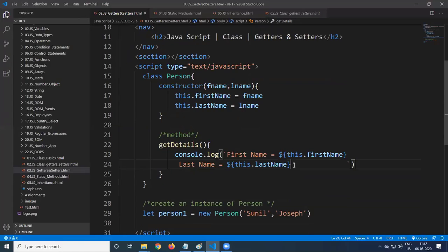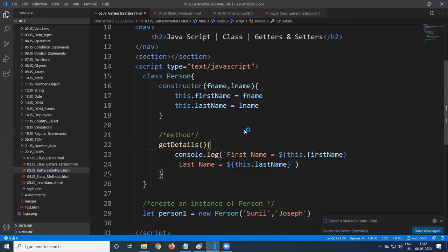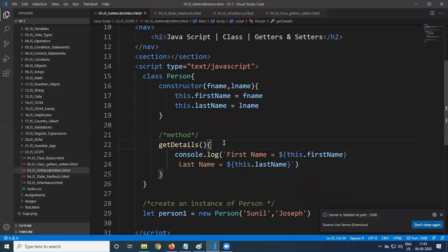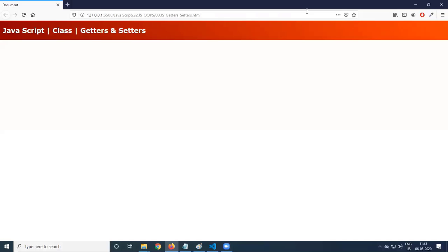Now let's see, let the object call that. At present no output will be there. Open with the live server, inspect element and see if anything is coming. Save this and refresh. We got the getters and setters page.